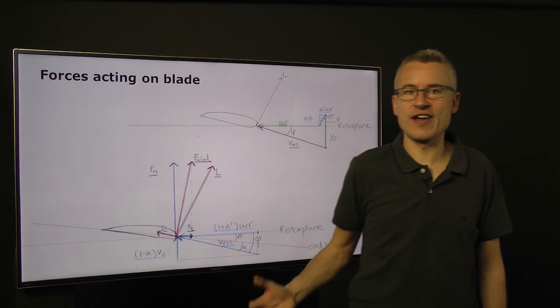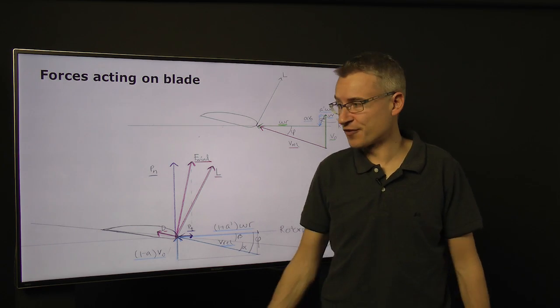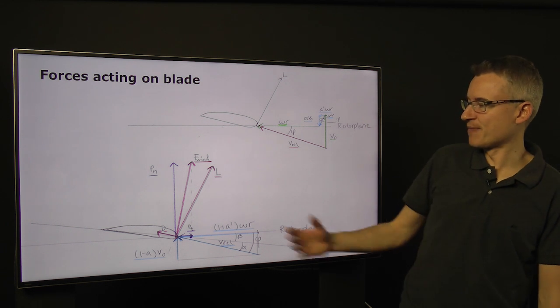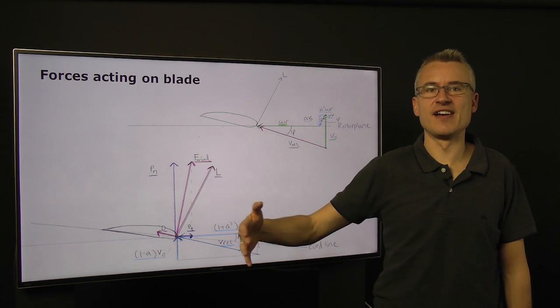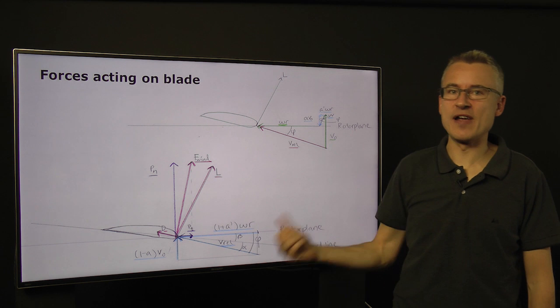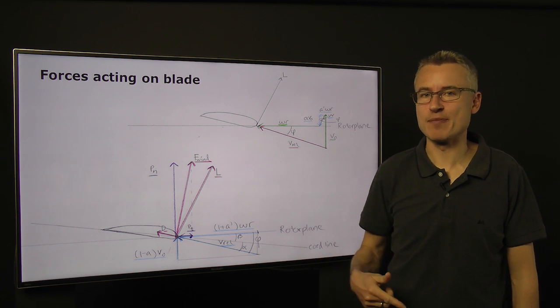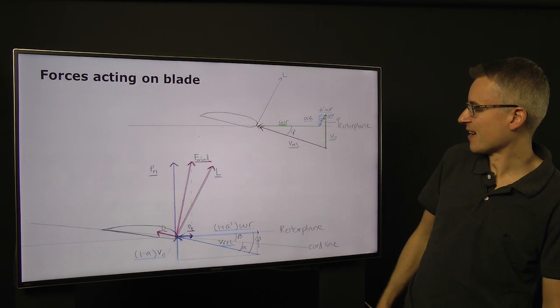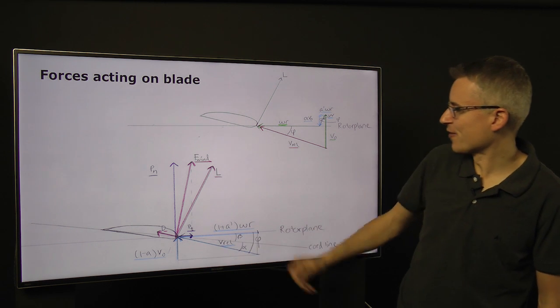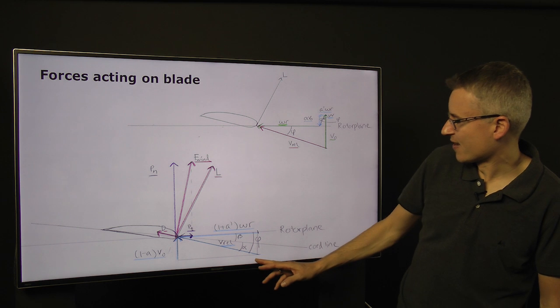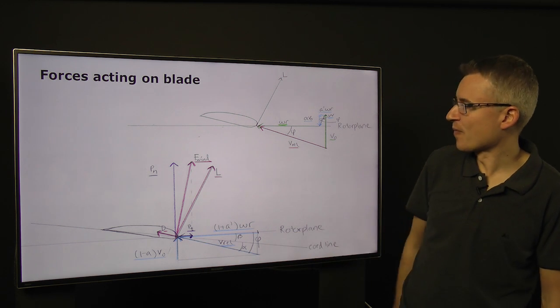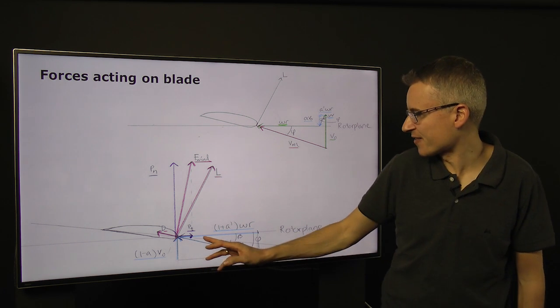The benefit of all that is that we are then able to compute the forces on the blade. So let's imagine at a certain position out along the blade, I know x, I know the rotational speed, I'm able to compute a and a prime from the previous formulas. Then I'm actually able to draw my velocity triangle and express what my relative wind speed is and its angle phi.